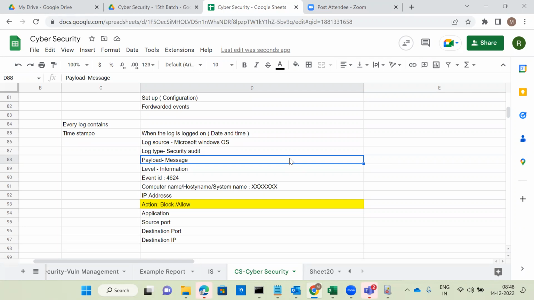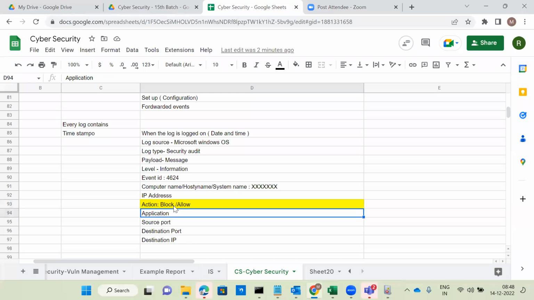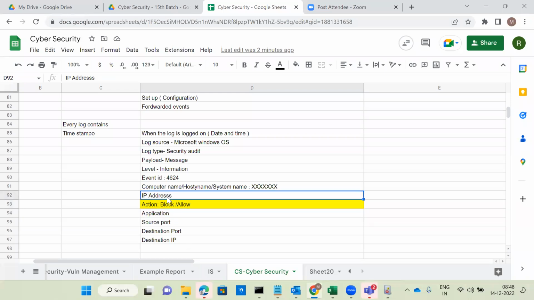So one is payload you have to understand. Second one is action you have to understand. Anyway, computer name, system name, source IP, destination IP, all these are common. So and so system is trying to do some illegal or illegitimate activity. Action is block or allow. So this is simple.